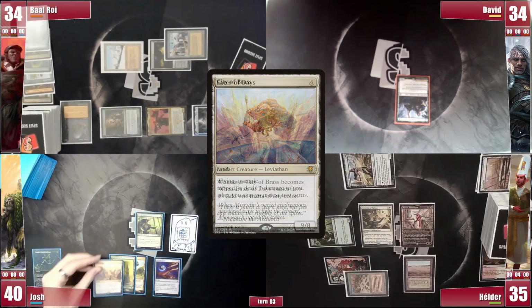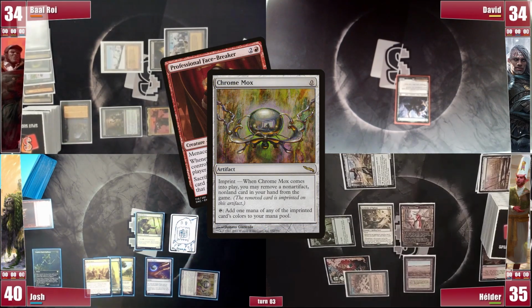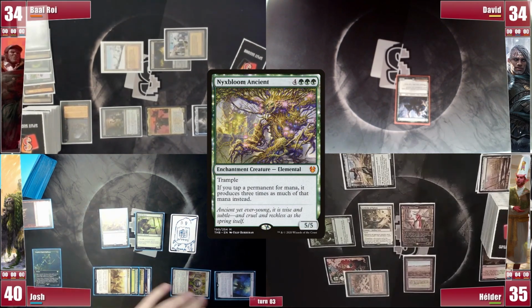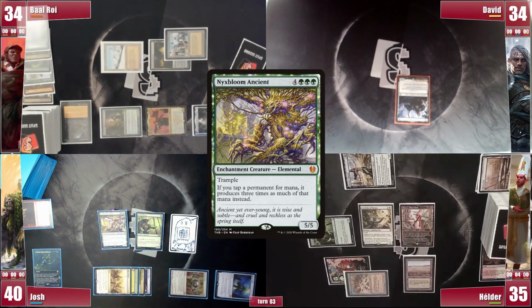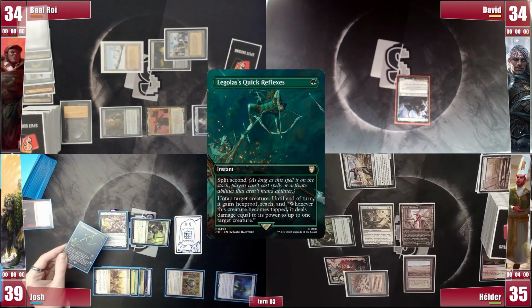He draws, plays a City of Brass and casts a Chrome Mox, imprinting his professional Facebreaker. He also casts Mana Vault, and with all that mana, naturally hardcasts a Nyx Bloom Enchant. He might skip his 2 next turns, but if he manages to get another turn, things will happen for sure, with his 18 mana. He now taps his health for 3 green and casts Legless Quick Reflexes from exile on